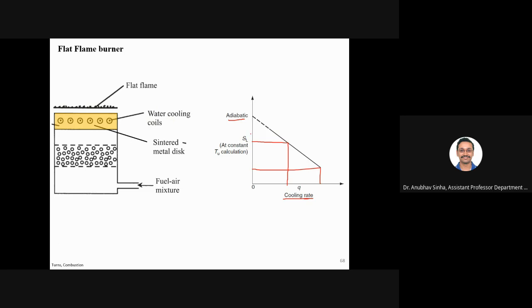But that is not practically possible to achieve. Otherwise, this will burn. That actually happened with one experiment which I was doing. I will show you some slides. But this is what we try to achieve. Up to some practical limit where I can measure speed without burning this, I will measure the SL at this cooling rate. And this plot I will extrapolate. The solid line is where I do experiment. The dotted line is where I extrapolate it. I will extrapolate it to the adiabatic cooling rate, and then this is my SL. This is the laminar flame speed for the particular fuel.